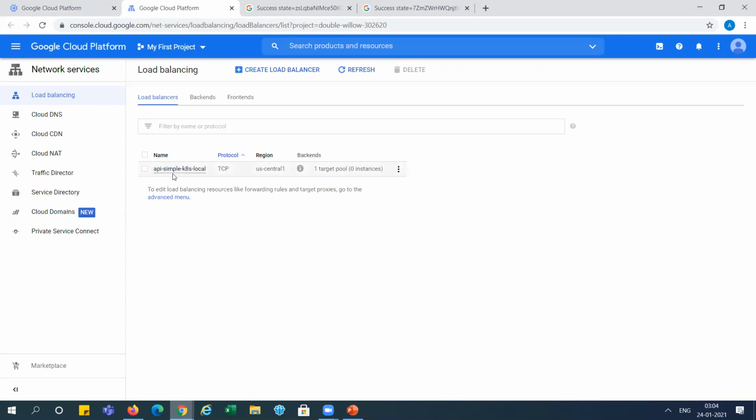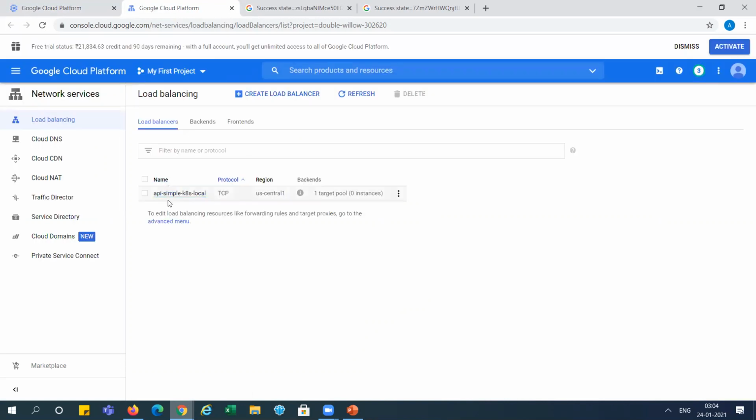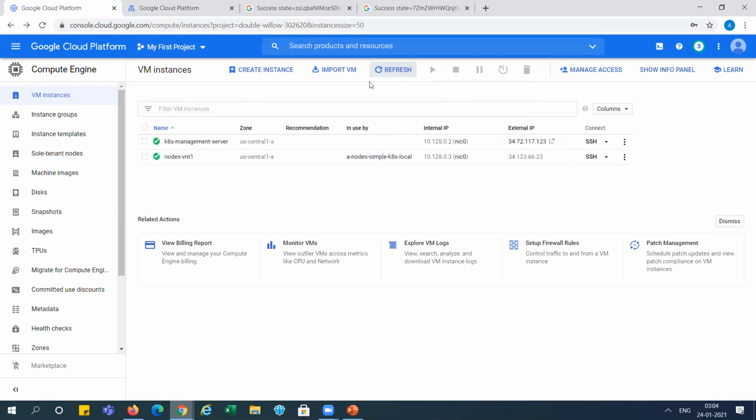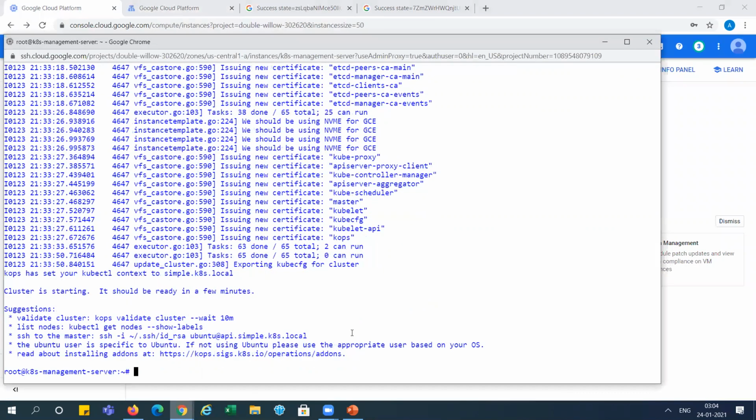You can see it is creating one load balancer here, api simple k8 local. And here you can refresh it. Let me refresh it again. You can see it has created one node here, and that is in process, right? It is completed, and we can see the cluster is starting, and it will be ready in a few minutes,